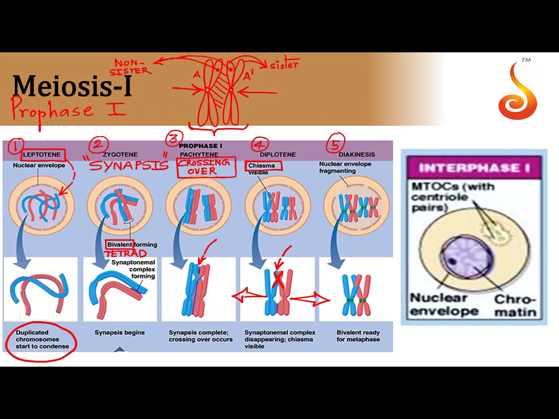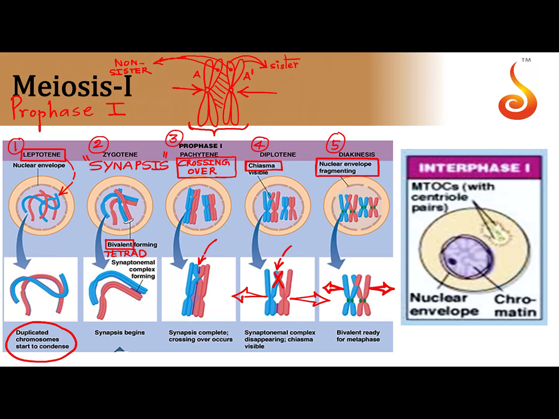And lastly, you can see during diakinesis, they move further away from each other, and another thing that happens during diakinesis is the nuclear envelope has started fragmenting, it has started disintegrating. We would call diakinesis a transition into metaphase, because around the same time, it is not shown here in the image, but around the same time, the chromosomes have moved fairly apart from each other. They are not synapsed anymore, and they align towards the equatorial plane of the cell as pairs, because now they have to